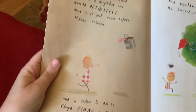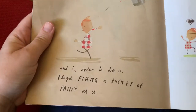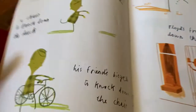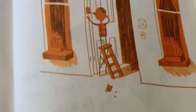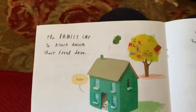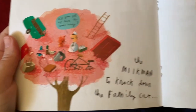The ladder was borrowed from a neighbor and would definitely need to be put back before anyone noticed. And in order to do so, Floyd flung a bucket of paint at it. And wouldn't you know it, the bucket of paint got stuck. Then Floyd tried a duck to knock down the bucket of paint, a chair to knock down the duck, his friend's bicycle to knock down the chair, the kitchen sink to knock down his friend's bicycle, Floyd's front door to knock down the kitchen sink, the family car to knock down their front door, the milkman to knock down the family car,